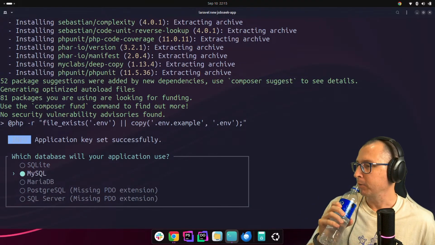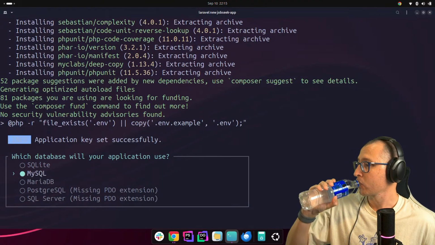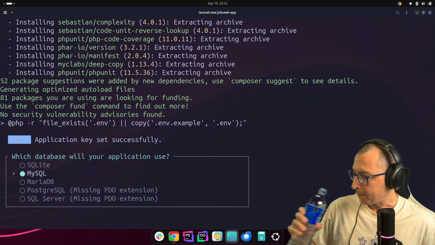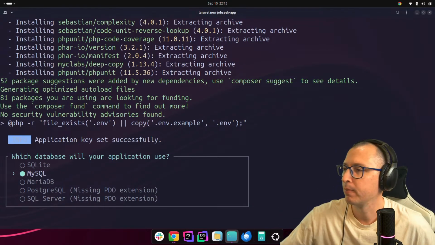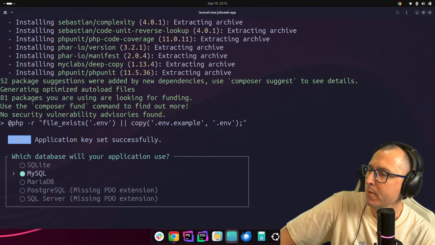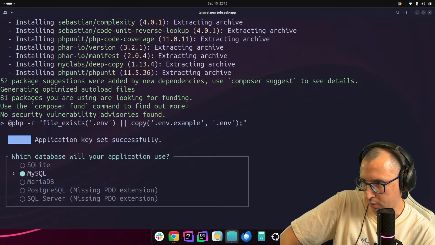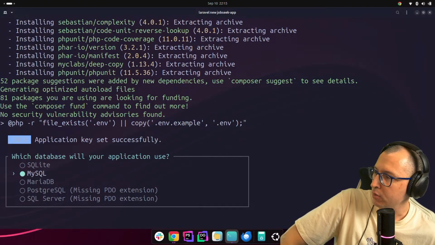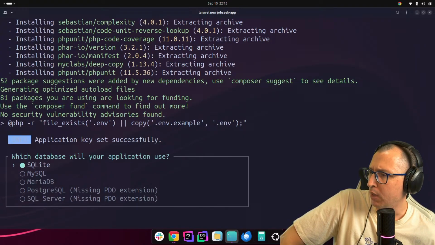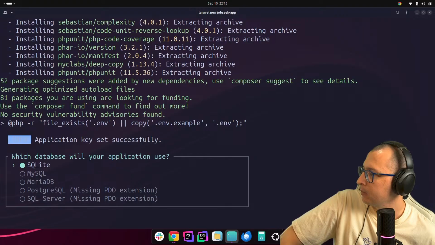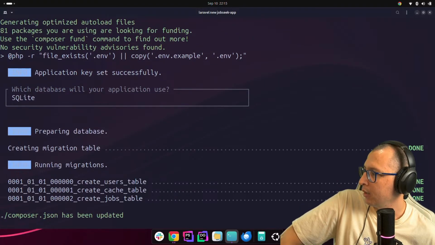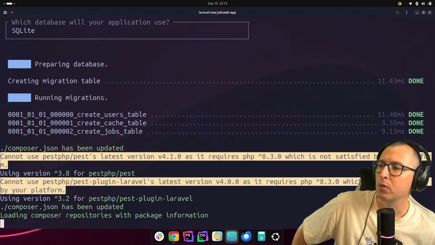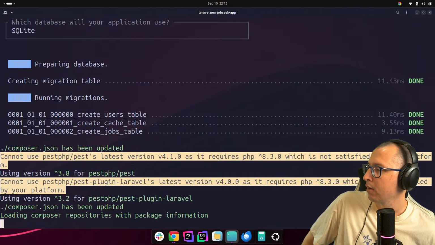Oh, this is going to be a problem. I don't have a database here. Do I need it for this test? Just to get over this hurdle, I'm going to use SQLite. I can switch at any time, but for now, I'm going to use SQLite just so I can have some migrations run.